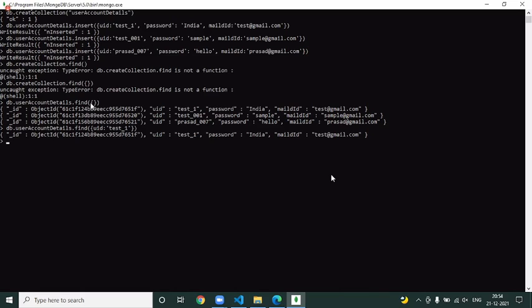Okay, now the question you should ask is, boss, we have added the UID, password, and mail ID for all the documents, and it is getting added. But what is this underscore ID? We haven't added this. This is a mandatory thing you need to understand. By default, every document within a collection should have a unique reference. In the RDBMS, there is a concept of primary key where you assign a unique reference for each and every row. But there it is optional. You may give the primary key or you may not, and it's up to you.